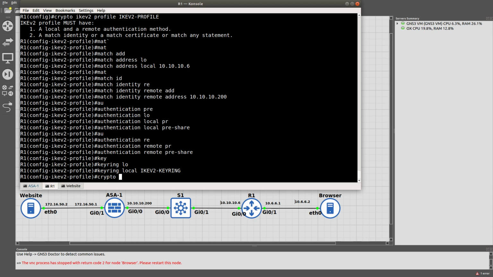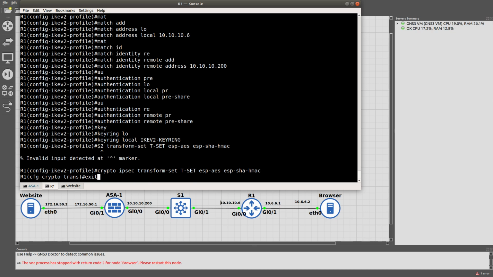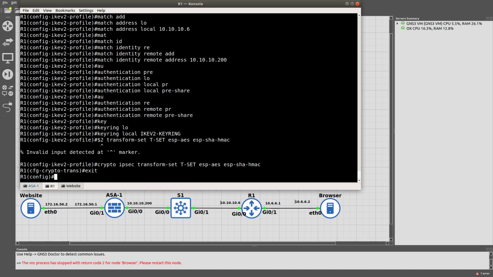Now let's go ahead and do the crypto IKEv2 transform set. We're going to name this tset. We're going to be using ESP AES and ESP SHA with HMAC. Then crypto IPsec. Let's go to and exit. Then